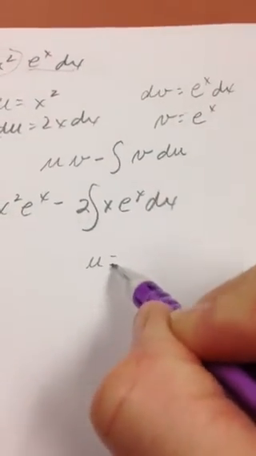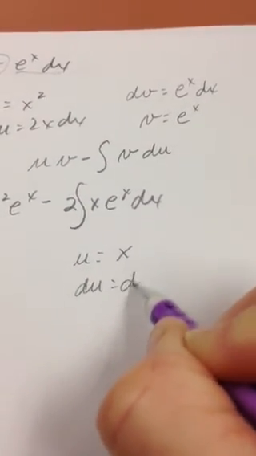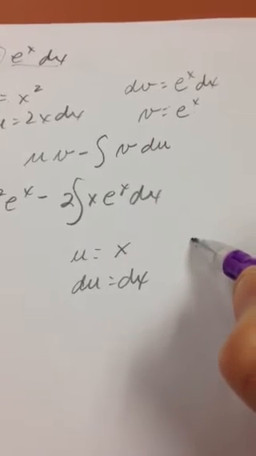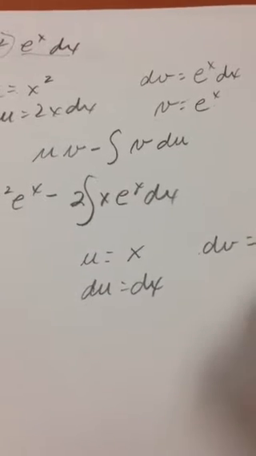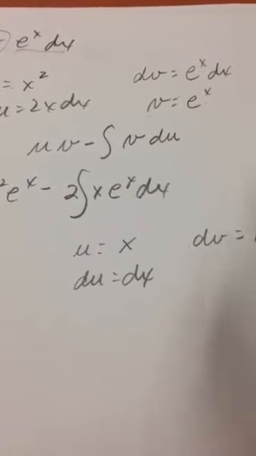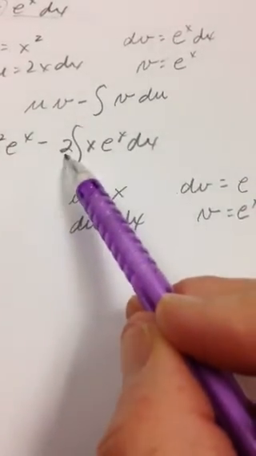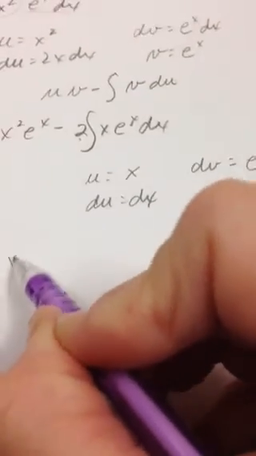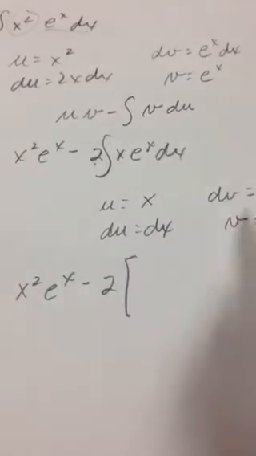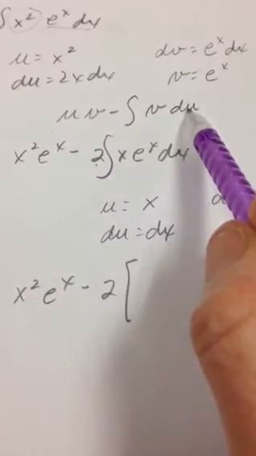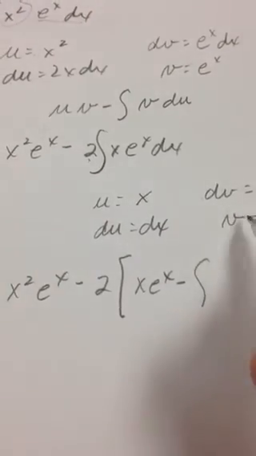one more time. Again, choosing the polynomial x, du is dx, dv is e to the x dx. The antiderivative, again, is e to the x. I didn't deal with this 2, I'll just have that as a coefficient. So x squared e to the x minus 2 times, again, using u times v minus the integral of v du, u times v minus the integral of v